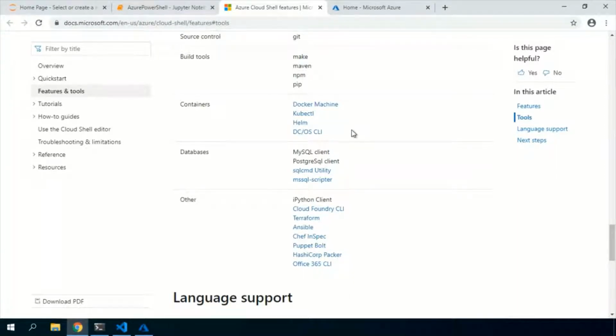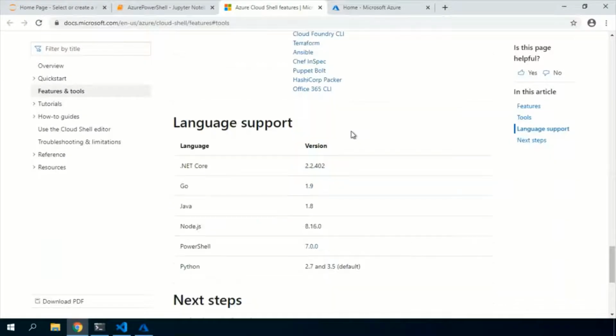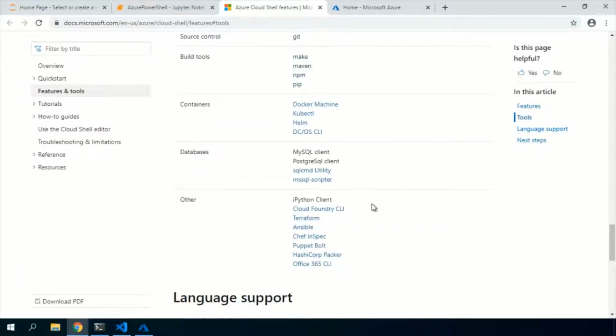Almost all the tools are available. And there's also language support besides PowerShell: .NET Core, Go, Java, Python, Node.js. You don't need to configure anything.